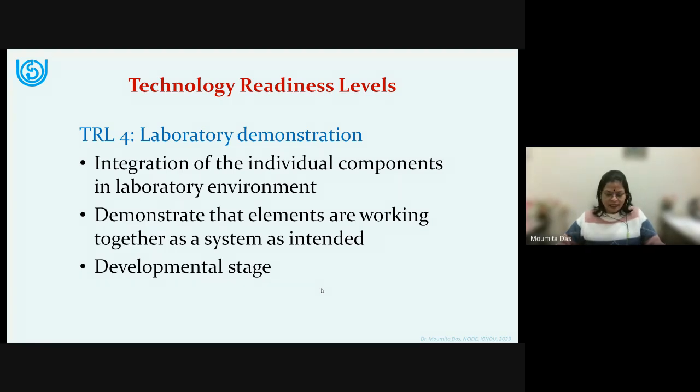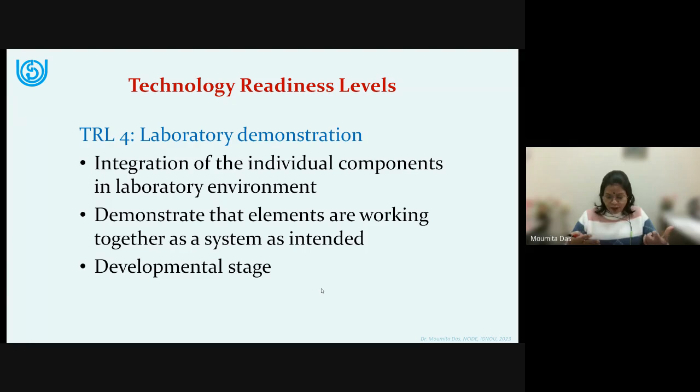Okay, the next one is TRL4, where you give a laboratory demonstration. So earlier, what did you do? You established a proof of concept. You and your teammates, you just worked on the fiber, and you said that okay, this works. You established it. Now you have to demonstrate it to others. So you do some elaborate work on it, more research on it. You fill up the gaps, and then you give a demonstration in front of a few individuals.